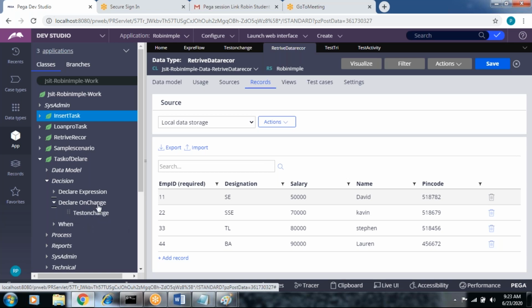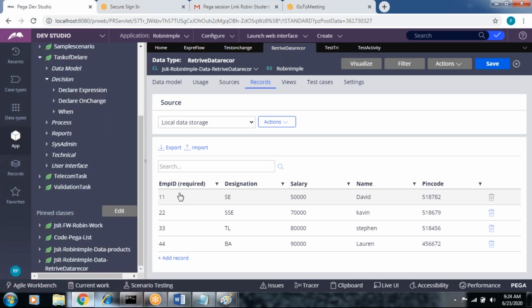We can apply multiple on change rules in that one class. But for declare trigger, I'm not sure. Declare trigger for a work class is possible, but for a data class it is not. In one data type, we can create only one declare trigger, not multiple triggers.